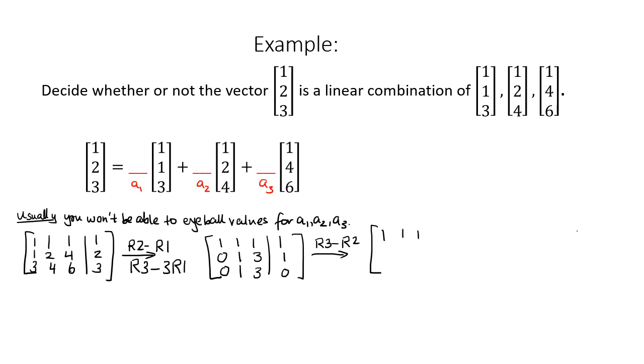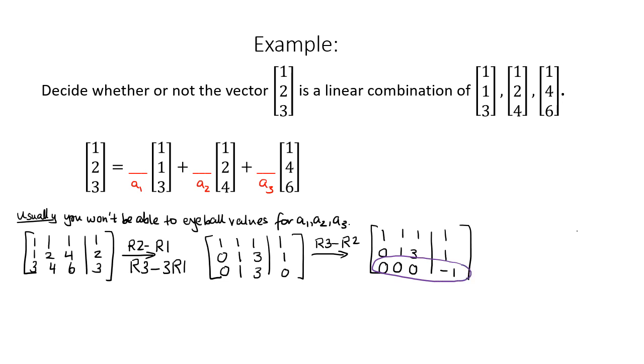And here we can see something interesting is going to happen because row 2 and row 3 are the same except for the augmented column. So we end up with a final row